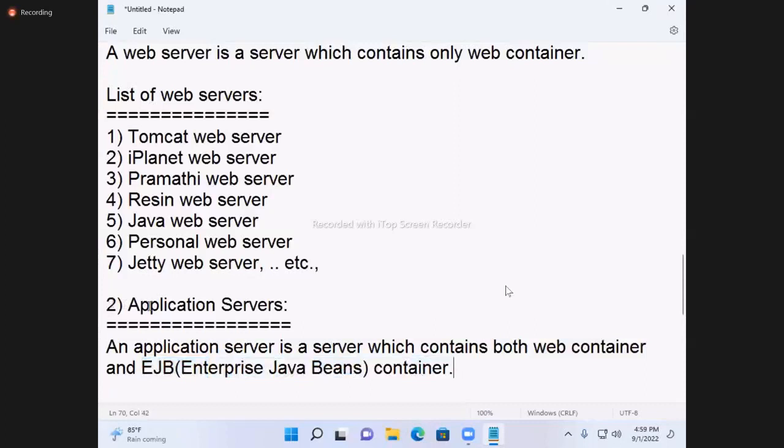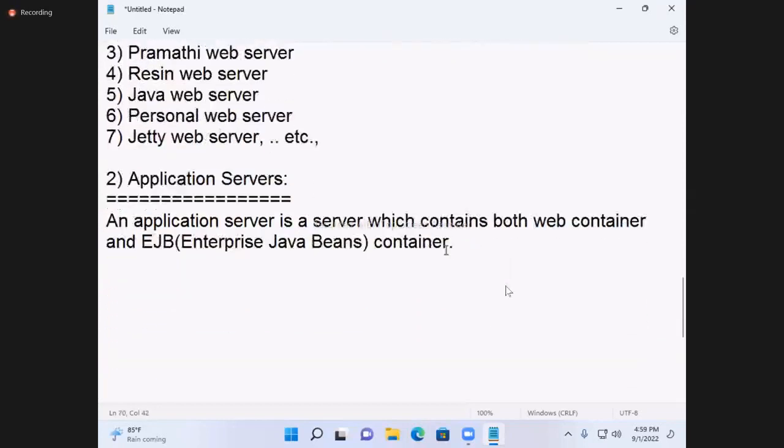So in this server, two containers will be there. One is web container, one more is EJB container.